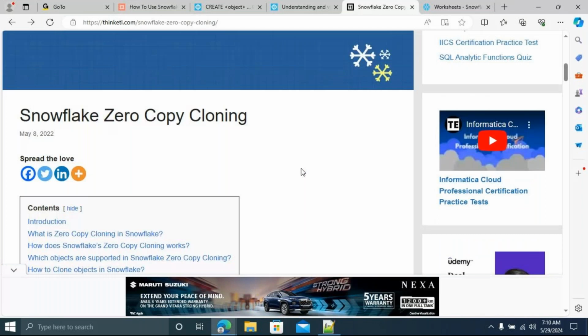Hi, good morning. In today's session, we're going to discuss Snowflake Zero Copy Cloning. If you want to clone your database, schema, tables, file formats, sequences, and roles also, you can clone from one database to another database, and then you can clone your